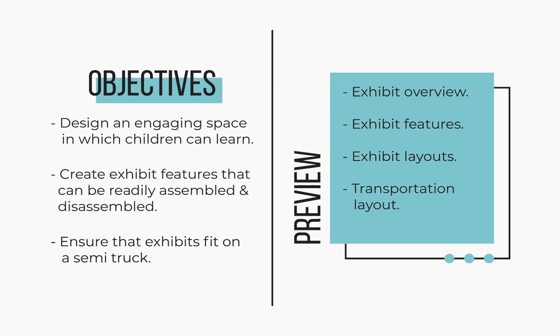And before I get into more of the renderings and my work, I just want to give a preview of what I'm going to cover in this presentation. I'll do a brief overview of all the exhibit features I made. I'll then break down each exhibit feature and show several different layouts of how this could be set up in different spaces, since different museums are going to have different spaces for hosting a traveling exhibit. And then I wanted to end with a transportation layout, where I took everything and actually show it